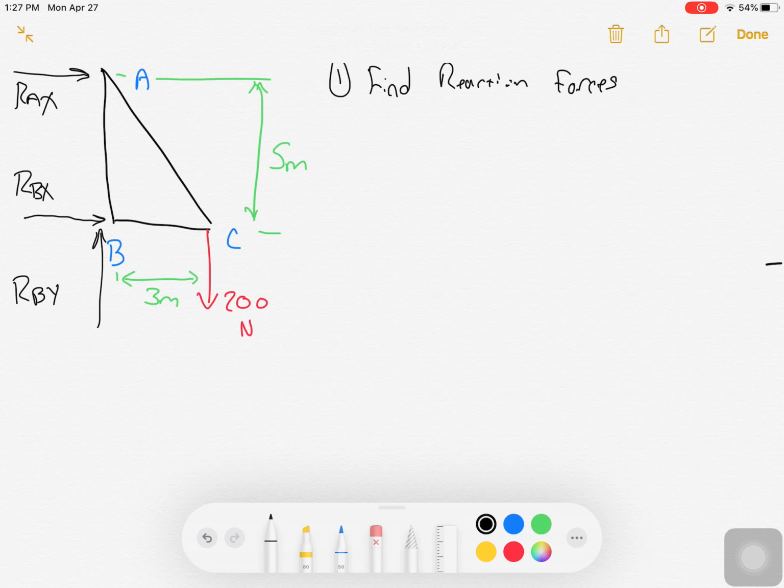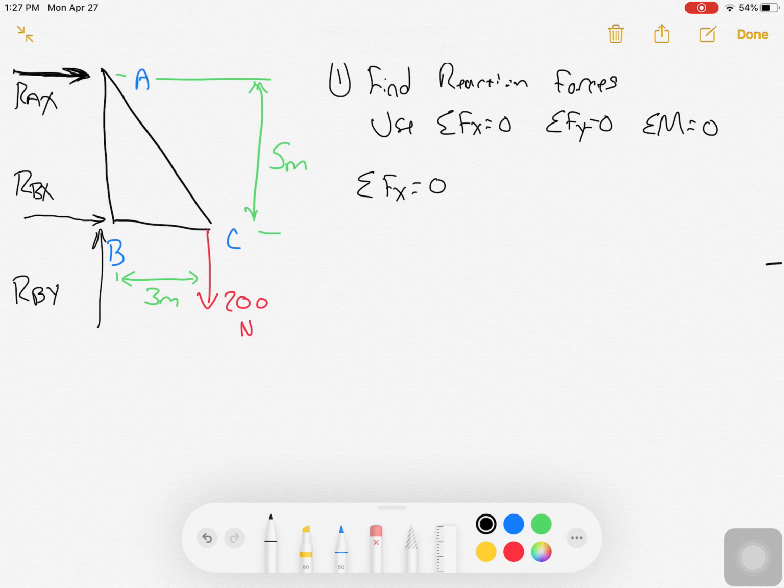To do this, I'm going to use the sum of forces in the X direction equals 0, sum of forces in the Y direction equals 0, and my sum of moments equaling 0. All right? So I'm going to start with each of those equations. I'll say my sum of forces in the X direction equals 0. Now, what are my forces in the X direction? Well, I see